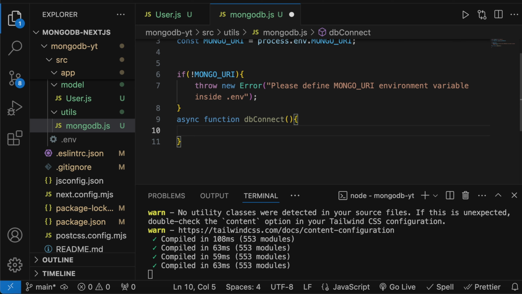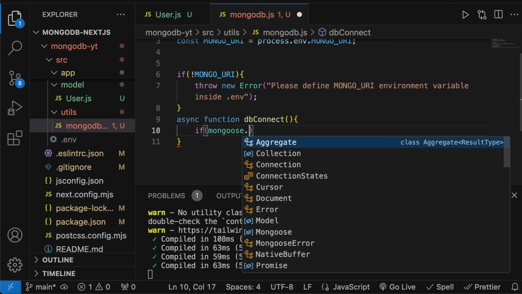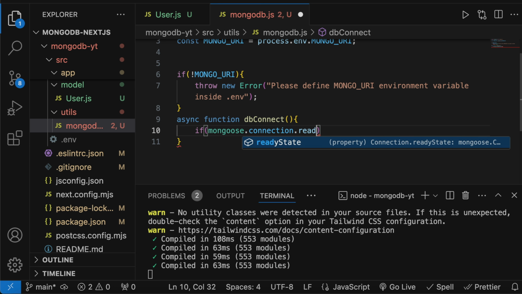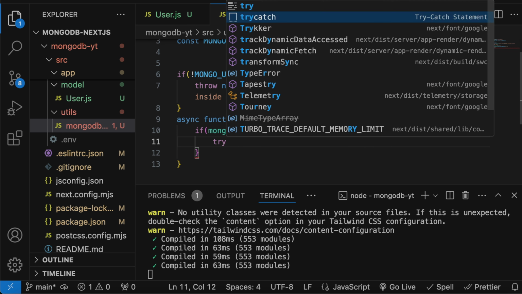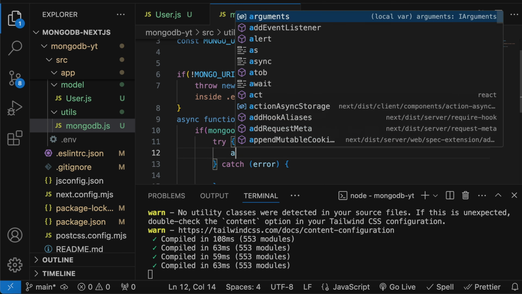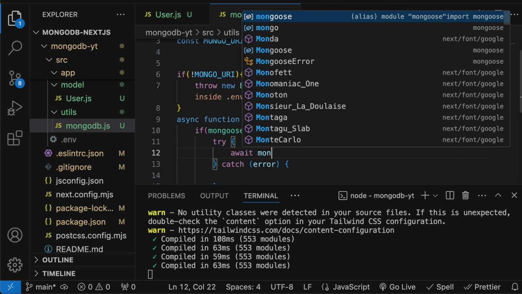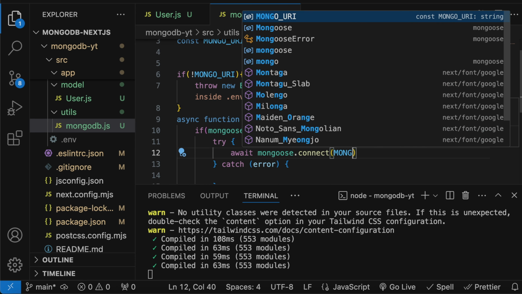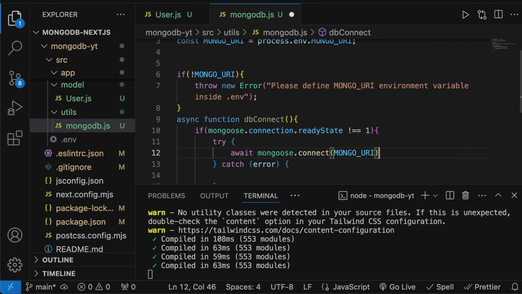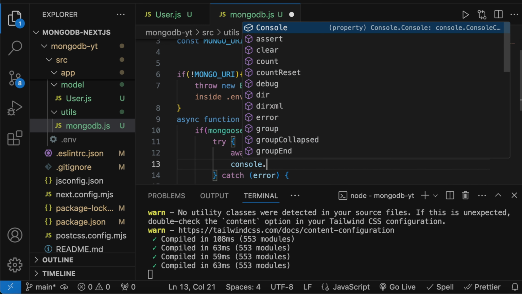We're going to say database connect, and it's going to say if mongoose.connection.readyState does not equal 1, then we want to say try catch, and await mongoose.connect Mongo URI, and we want to console.log